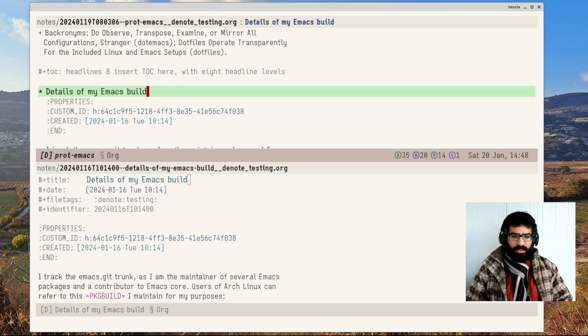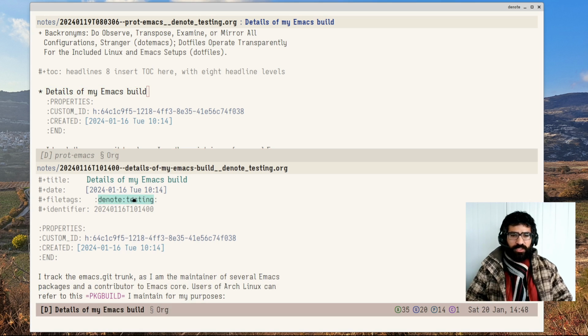So it took those. And what it also took is, if we see the date over here, the 16th of January, and then Tuesday 10/14. And we can see here in the identifier, this is reflected. We have 01/16 and then 10/14. Okay, it is